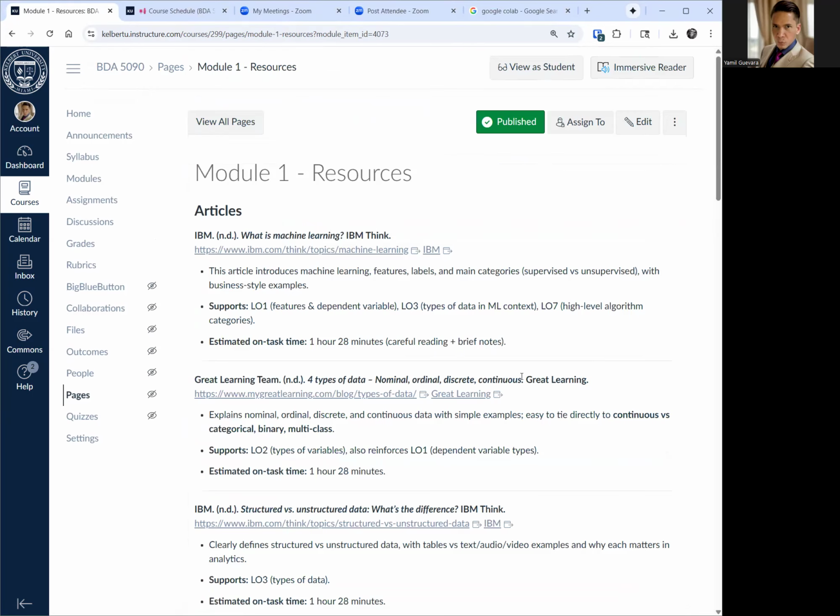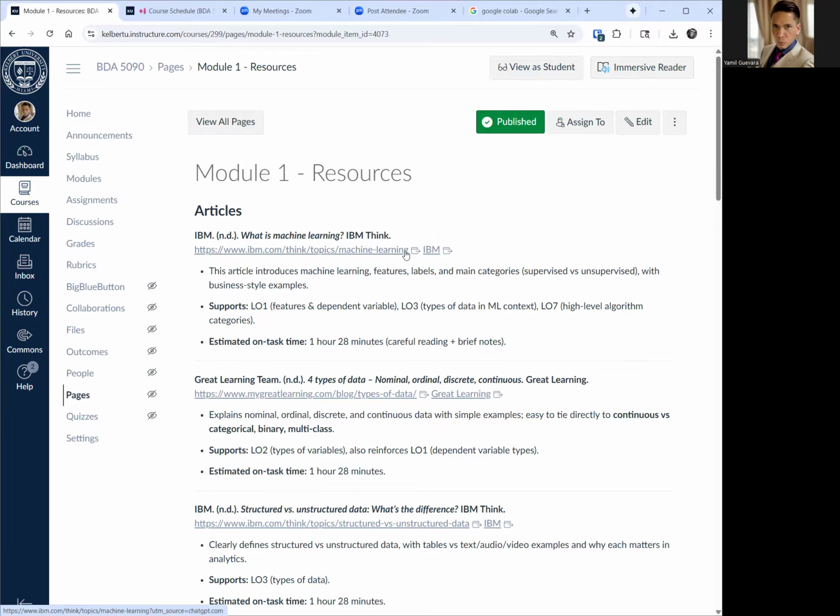In this class, you don't need to buy a book, okay? I don't believe in students buying books. I think, especially when it comes to artificial intelligence, it is best to provide the students with the latest material that is available. I actually prefer to give the students online material, so you can click on them and read the material.